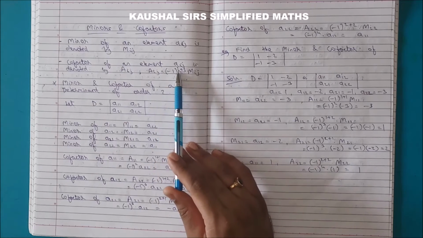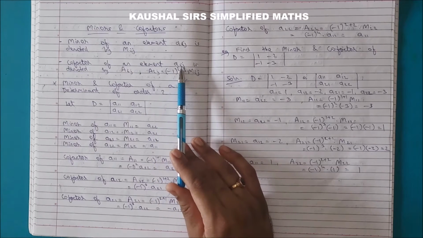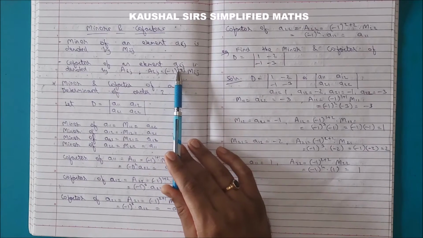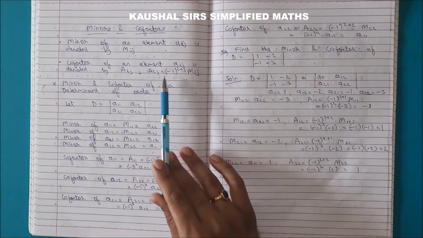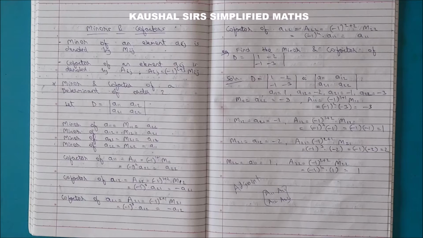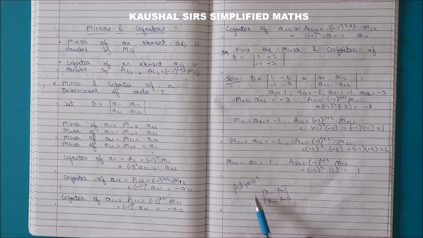So if suppose you want to find cofactor of A11, then what will we find first? Minor. Once we have found the minor, with the help of the minor we are going to find its cofactor. Now students, what is the purpose of studying minors and cofactors? In the next exercise 4.5, we are going to study something known as adjoint of a matrix. Okay, what is adjoint of a matrix? It is a matrix in terms of cofactors of the elements.